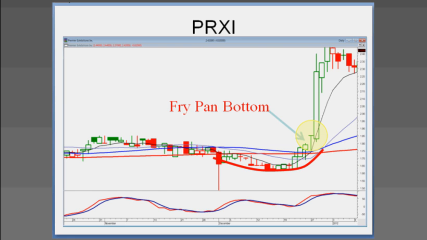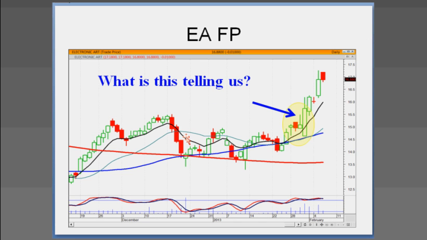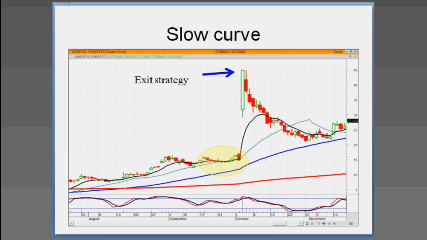So with the visual capabilities that we have with candlesticks, if we can identify what the patterns are, we can identify when it's about time to get into a trade. Again, there's that left-right combo right at the same level that this pattern started. What do we know about the left-right combo? That we're usually going to have a very strong price move. If we have a very strong price move at this level, what's that telling us? The fry pan bottom is breaking out.